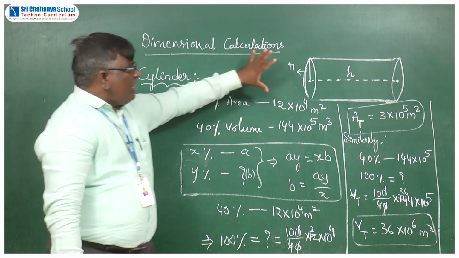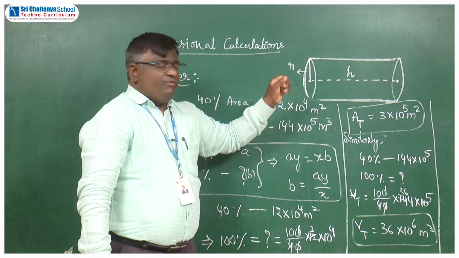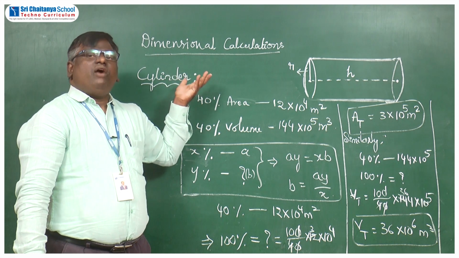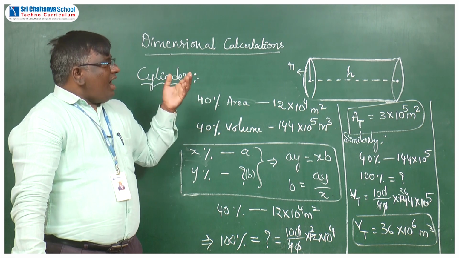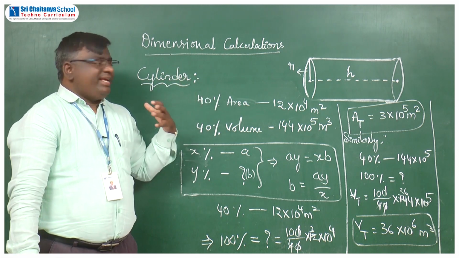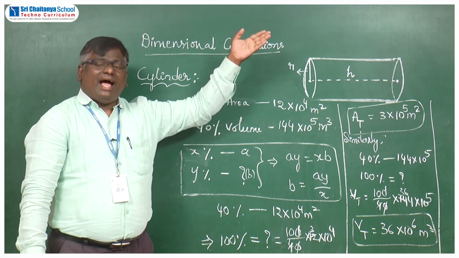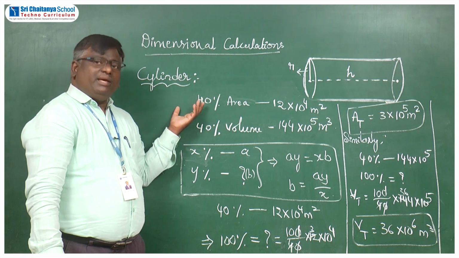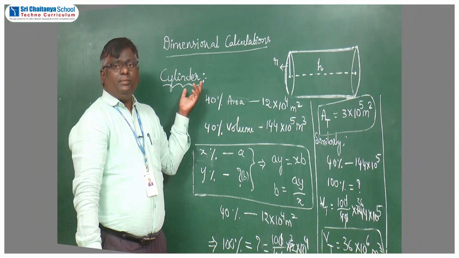So, the total area of the cylinder, the total volume of the cylinder will come like this. From this, you can calculate the value of H as well as value of R. Am I correct or not? So, R and H cannot be a predetermined value. We can determine the values of R and H, radius of the cylinder, height of the cylinder, based on the back calculation, based on the population. Okay, my dear children, understood?